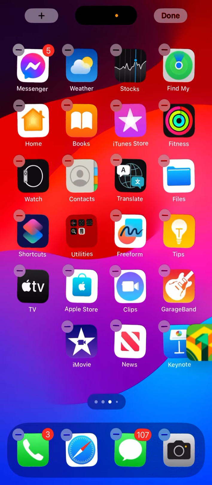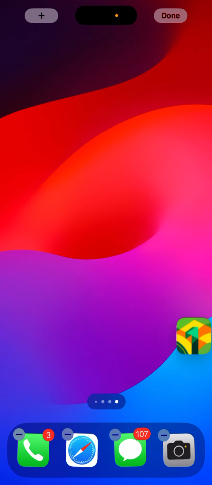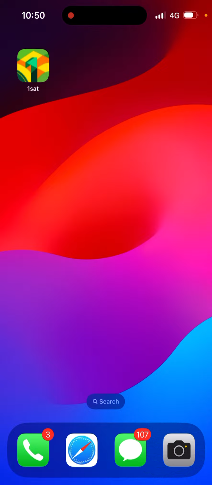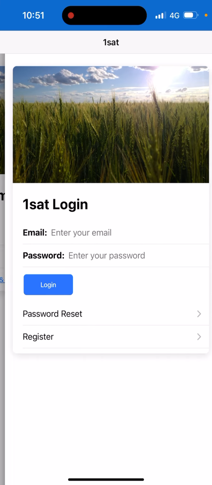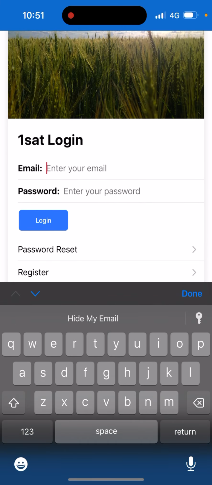So you can go and put that where you want, and that's how you can make sure that it's running properly. So, you know, it won't have the web address and all that down the bottom, and it'll look like you're just running a regular app. So we'll just quickly log in here,